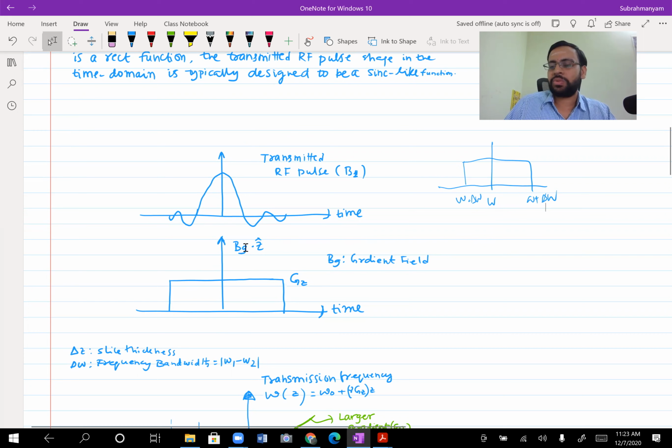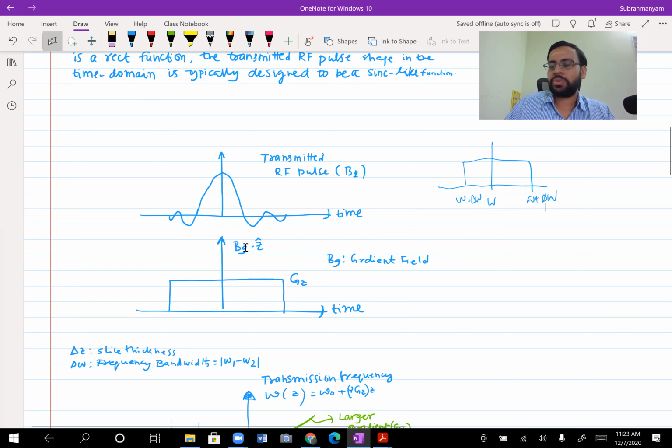Okay. So what we have done in the last class is that we derived the signal equation for MR imaging, right? And from that, it should be clear how the signal is acquired in MR imaging in the Fourier domain. And by taking the inverse Fourier transform and using concepts like the Fourier slice theorem, you could get back your image in the spatial domain. So that's what we discussed in our previous class.